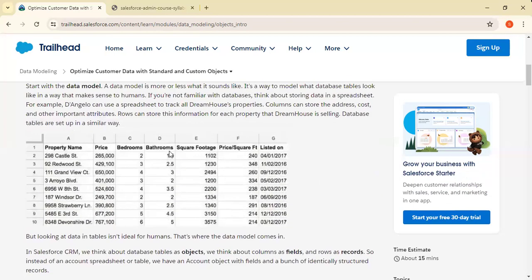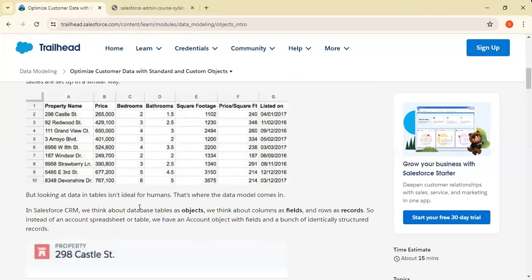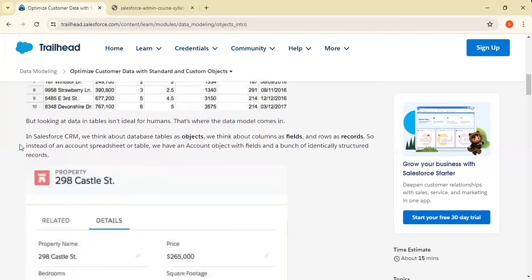यहाँ पे एक चार्ट दिया गया है, तो इस चार्ट में क्या है, जैसे कि प्रॉपर्टी के नेम लिखे गए हैं, और उसके बाद में प्राइस है, कितना प्राइस है प्रॉपर्टी का, बेडरूम कितने हैं, बाथरूम कितने हैं, स्क्वायर फुट कितना है, प्राइस पर स्क्वायर फुट कितना है, और डेट दिया गया है।